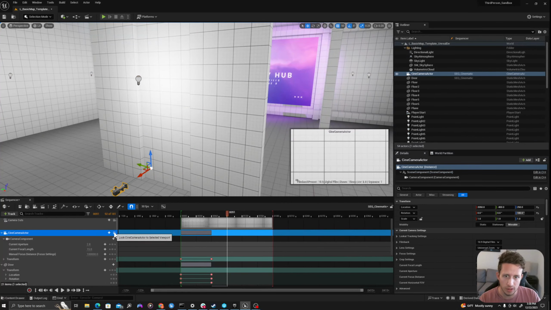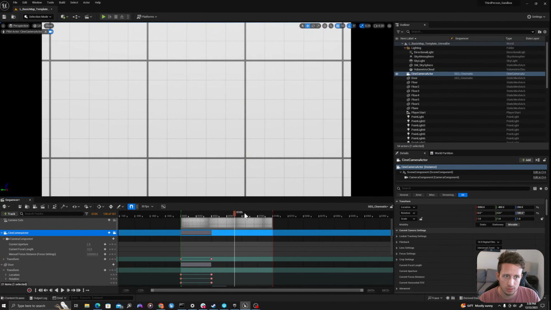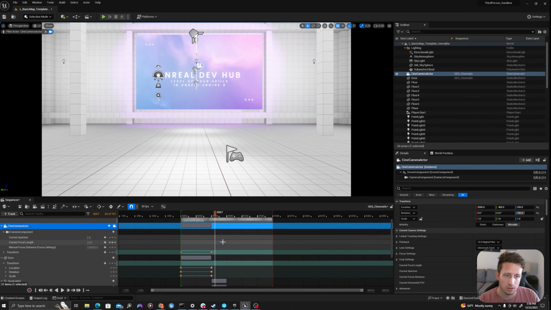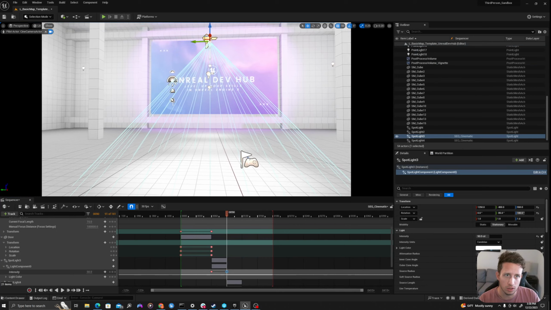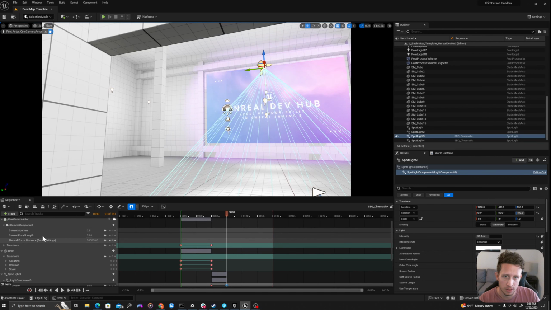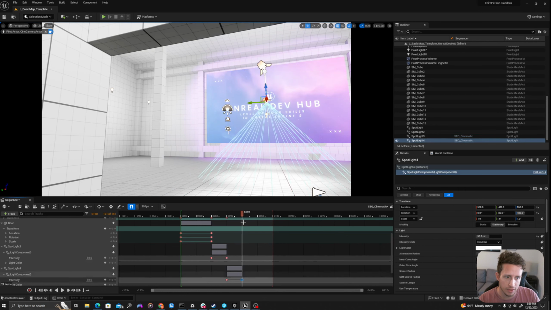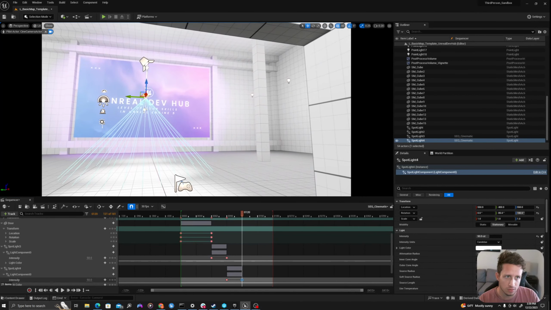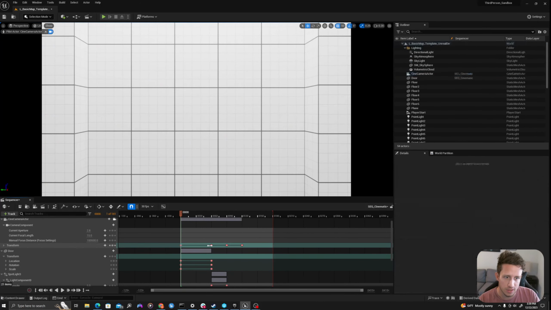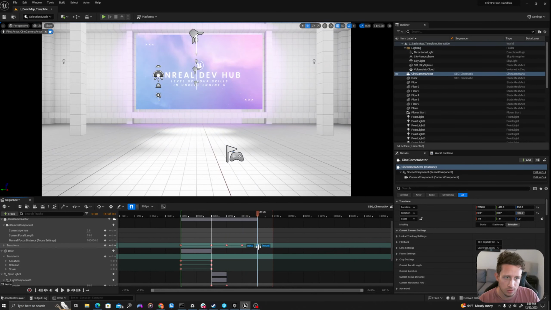So let's assume the view of our camera. We will look up to the left. So I'm going to sort of pan left and I'm going to hit transform on my camera component, my camera actor. And then I'm going to, on this key, I'm going to look right and I'm going to hit my transform. And then I'm going to drag this key here to the 150.